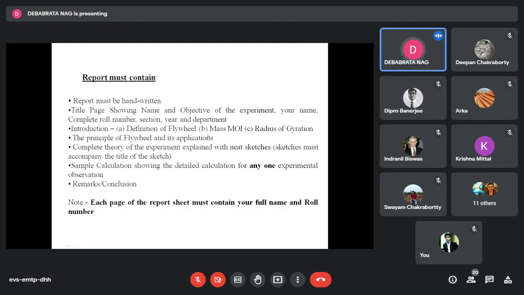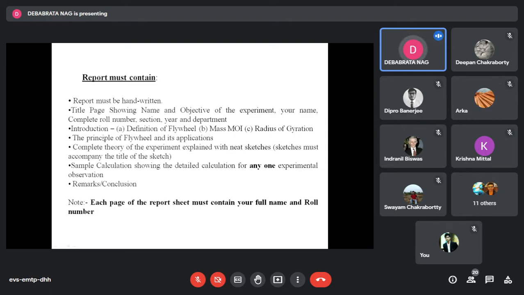এগুলো কিন্তু সব যে তুমি আমার কাছ থেকে উত্তর পাবে তা কিন্তু নয়, মানে তোমাকে পড়াশোনা করবার আমি সময় দিচ্ছি। তুমি যে কোনো বই, ইন্টারনেটের যে কোনো সাইট, যা তোমার রিসার্চ করবার দরকার, যেখান থেকে যা তুমি পাওয়ার দরকার সেটা তুমি নেবে, বুঝবে, বুঝে লিখবে, না বুঝে টুকে দেবে না কিন্তু, ঠিক আছে? তাহলে কাকে ফ্লাইহুইল বলে, মাস মোমেন্ট অফ ইনার্সিয়া ডেফিনেশন কি, রেডিয়াস অফ জাইরেশন কাকে বলে সেটা একটা ইন্ট্রোডাকশনের মধ্যে লেখা।